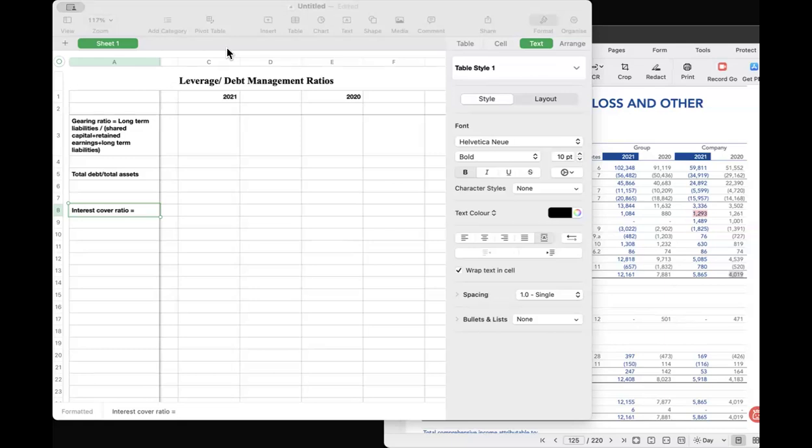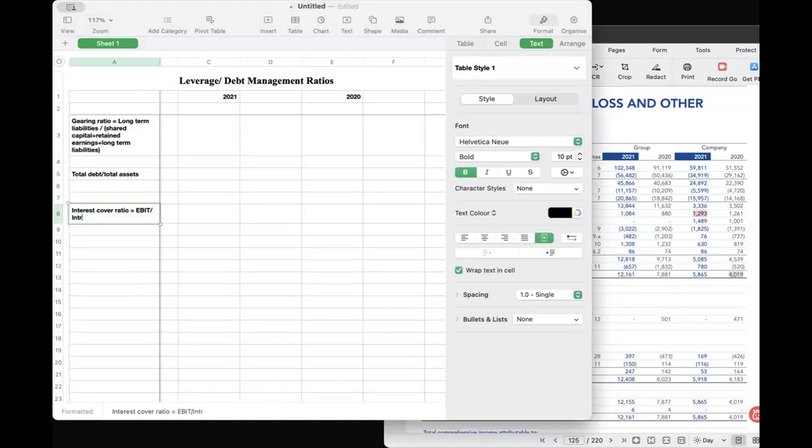So what you can do is calculate the EPS and DPS and double check it with the calculations provided in the annual report. Okay, so I would like you to do the interest cover ratio, which is EBIT, earnings before interest and tax,